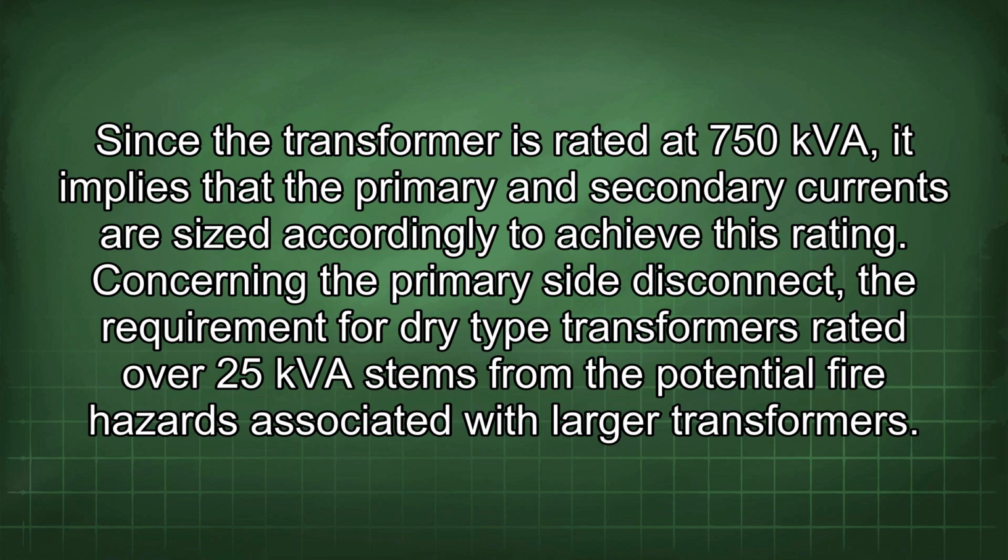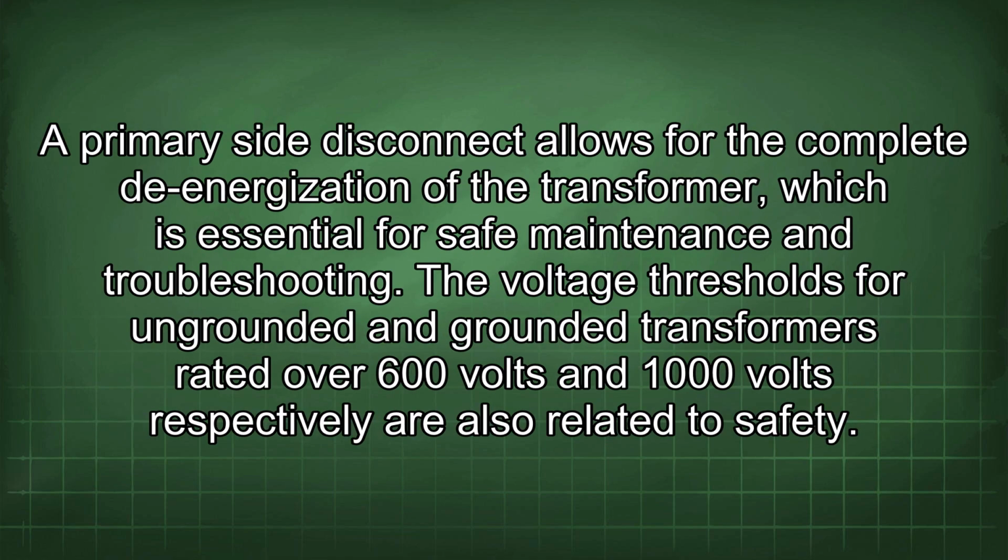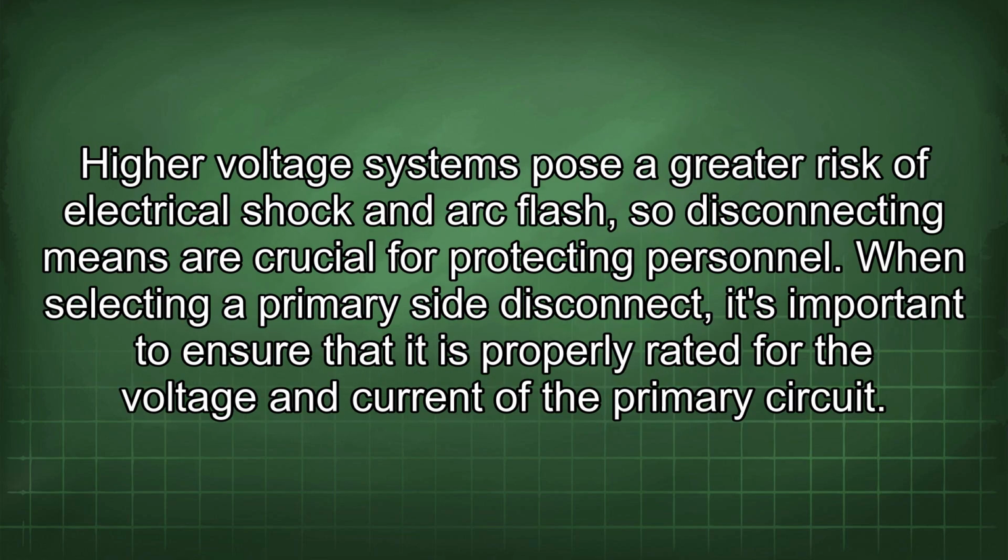Concerning the primary side disconnect, the requirement for dry-type transformers rated over 25 kVA stems from the potential fire hazards associated with larger transformers. A primary side disconnect allows for the complete de-energization of the transformer, which is essential for safe maintenance and troubleshooting. The voltage thresholds for ungrounded and grounded transformers rated over 600 volts and 1000 volts respectively are also related to safety. Higher voltage systems pose a greater risk of electrical shock and arc flash, so disconnecting means are crucial for